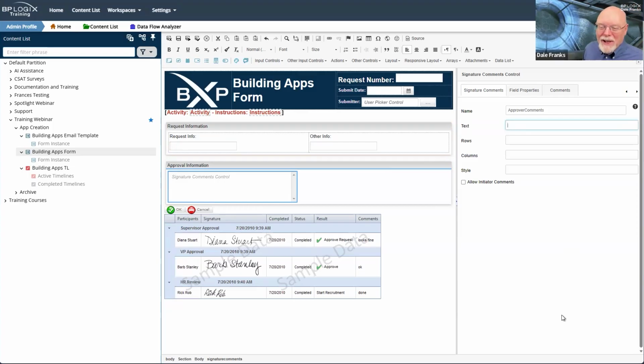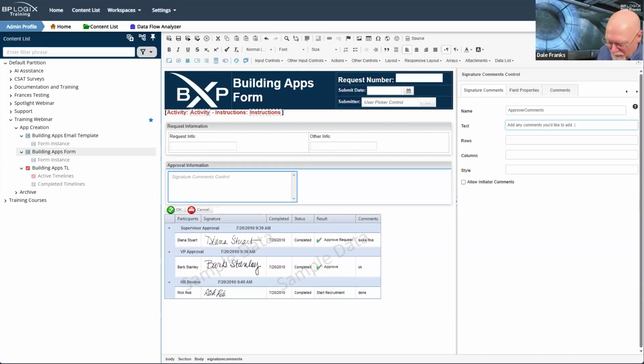For the signature comments control, you may have noticed I did not answer that question. For the signature comments control, though, we do have that text property. So we can throw in the add any comments you'd like to add. And now I'm going to put something here in the text.